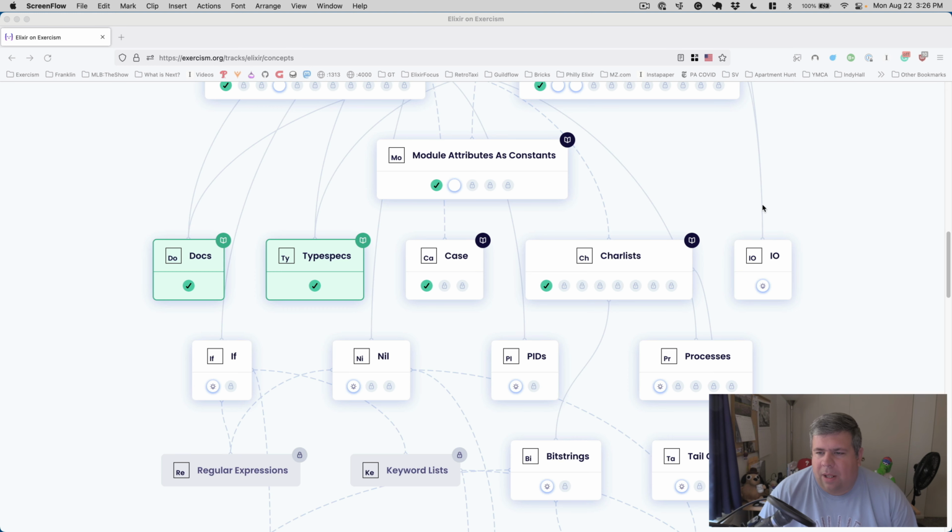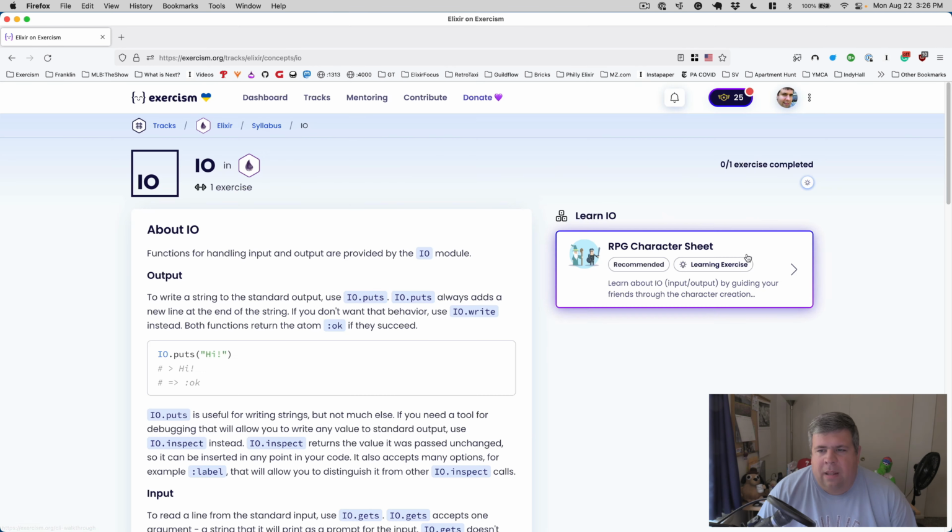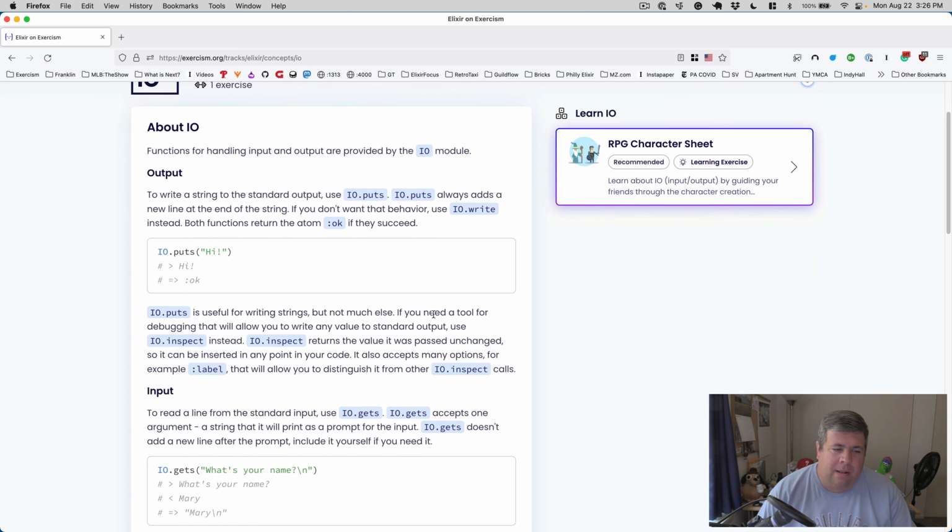But today we're going to talk a little bit about I/O in the I/O concept course. So about I/O. Functions for handling input and output are provided by the I/O module. Output. To write a string to the standard output, you use io.puts. io.puts always adds a new line at the end of the string. If you don't want that behavior, use io.write instead. Both functions return the atom OK if they succeed. So here we go. We got io.puts hi on the console, and you get a little OK tuple basically